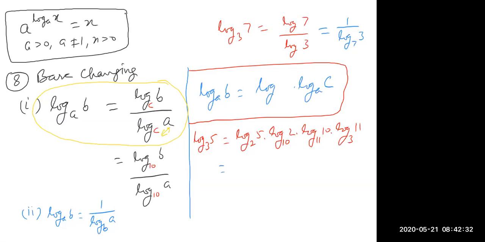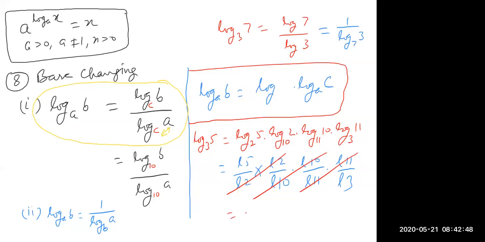You can expand. This is log 5 upon log 2. This is log 2 upon log 10. This is log 10 upon log 11. This is log 11 upon log 3. So you can see this will cancel, this will cancel, this will cancel. How much is left? Log 5 upon log 3, and this is equal to log_3 5. So the observation is: this is base 2, this 2 goes here. 10 base 10, 10 goes here. This is 11, 11 goes here. That means there must be a loop formation.